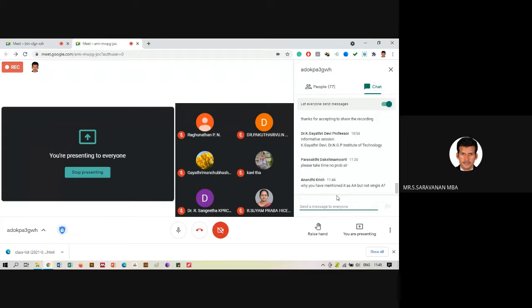Okay, Anand Krishna has asked why you have mentioned AA, not a single A. Good question, ma'am. Because whenever there is stacked data, there are name, age, and gender. If you give a single A, Excel does not know whether it has to replace from the double A or single A, from the front or back.